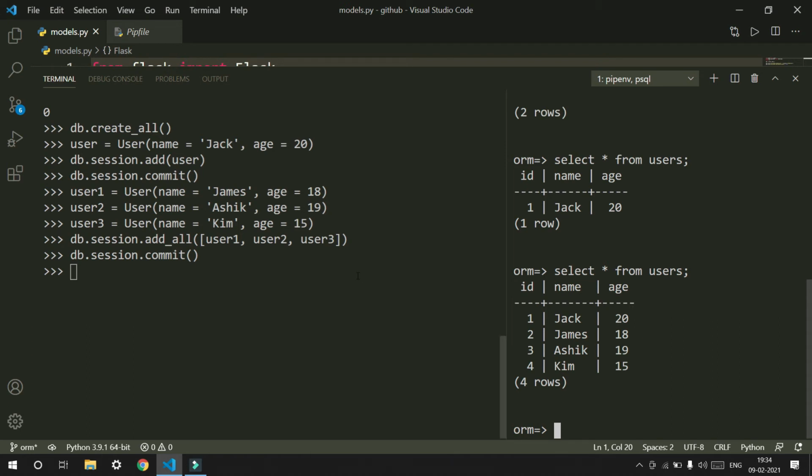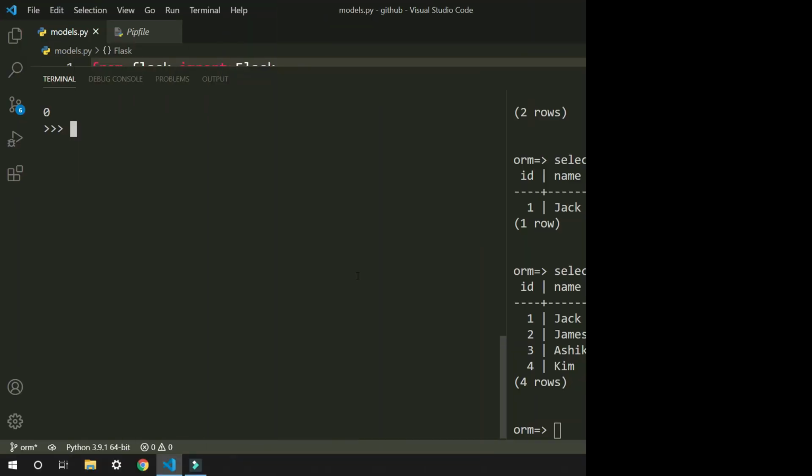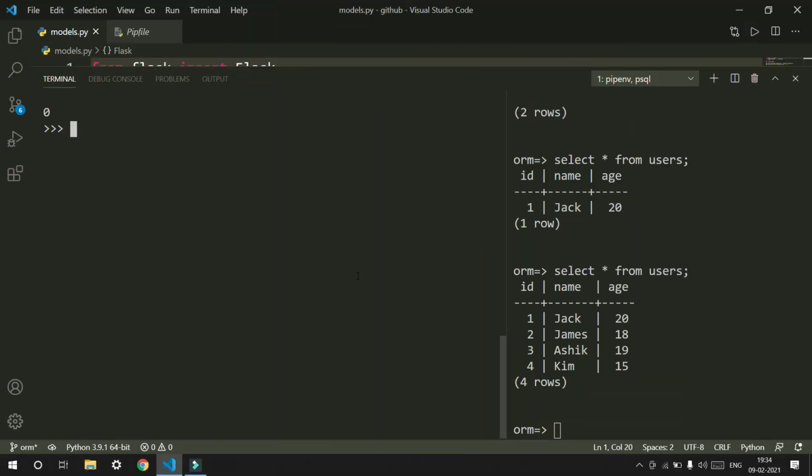Till now we have only been seeing inserting records into the table. Now let's see how we can select values from the table. In order to select, we need to query the database. We say users equals User dot query dot all to get all of the results, and then we'll loop through the users.